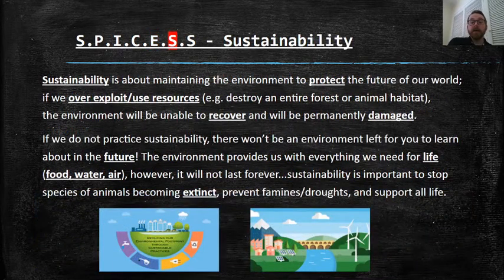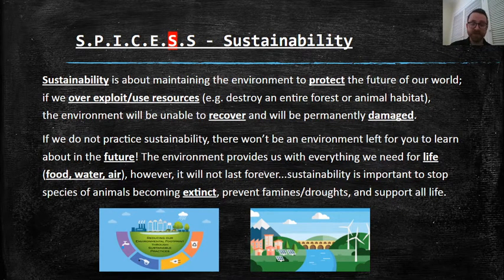S, sustainability. So we looked at the environment, now we're looking at protecting the environment. So sustainability is about maintaining the environment to protect the future of our world. So making sure that the environment we have today is still there tomorrow, 10 years from now, 20 years from now, etc. If we overuse resources, so if we destroy an entire forest instead of just cutting one tree down to give us firewood, or we destroy an entire animal habitat, the environment will be unable to recover and it will be permanently damaged. If we do not practice sustainability, there won't be an environment left for you to learn